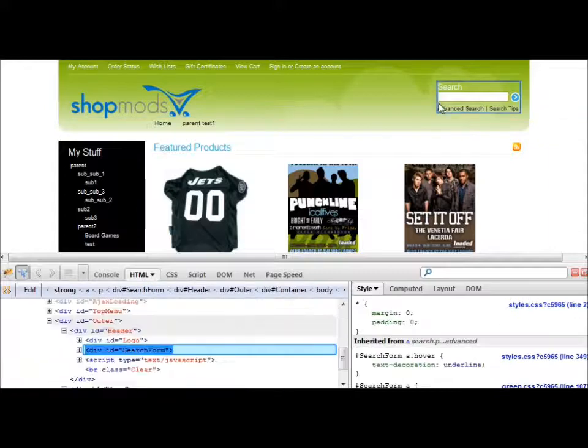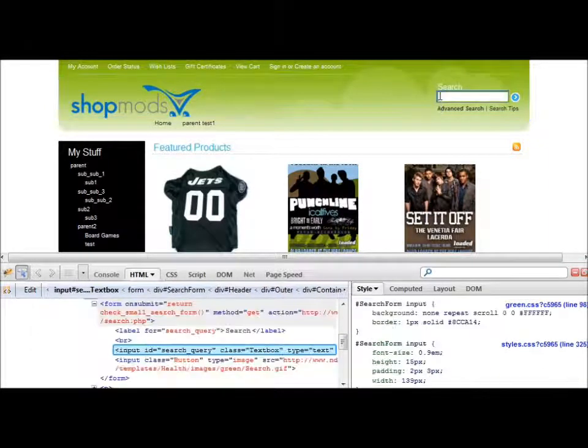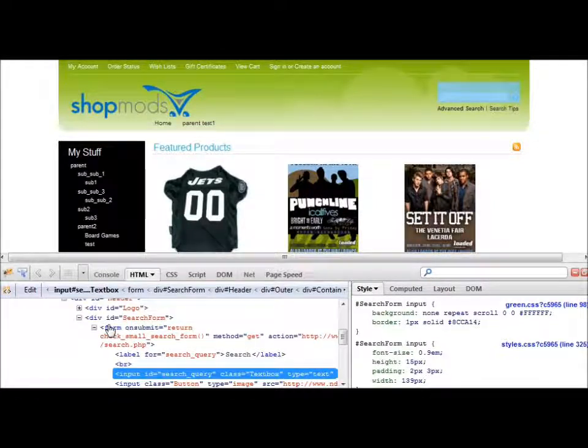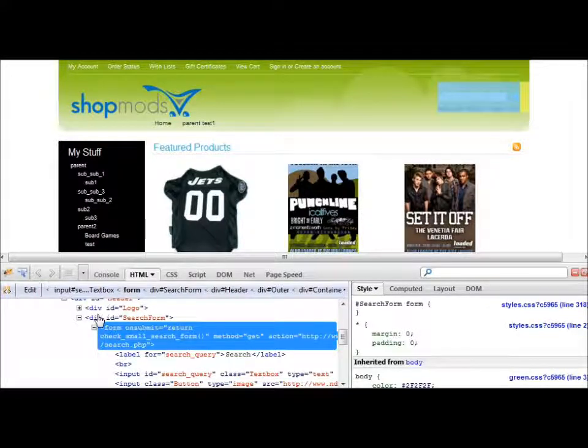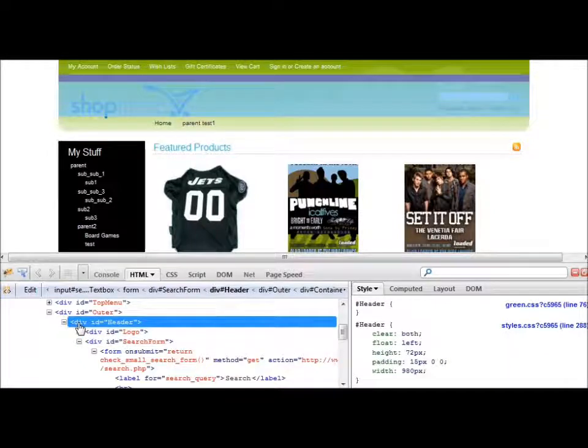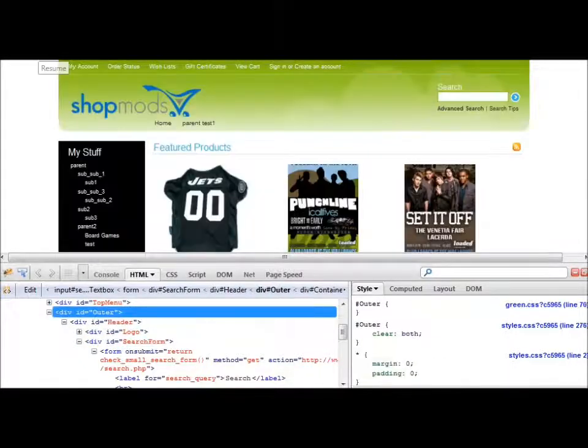So I'm going to find the container that's holding this input, and this is called input, and it's sitting inside of a tag called form, and that is sitting inside of a div called search form. And if we keep going up here, we have our header and then a div called outer, and all this is sitting inside of this. Let's go back down to our input box,